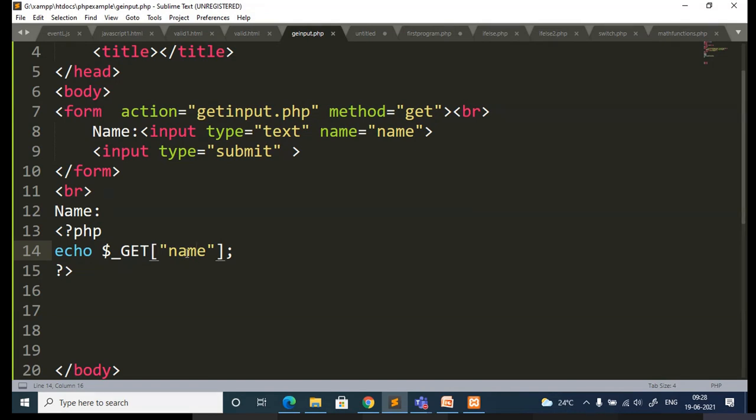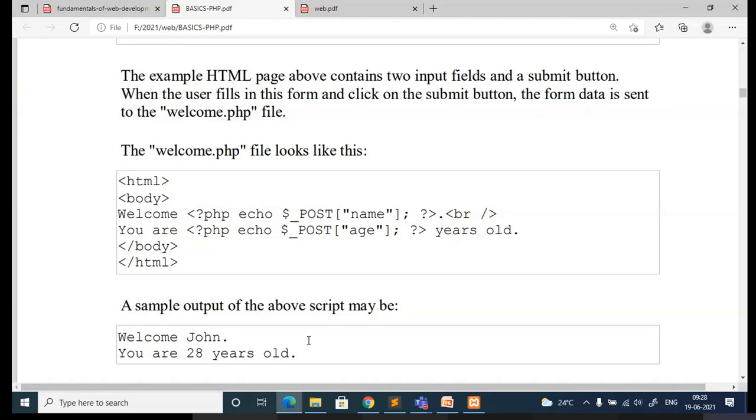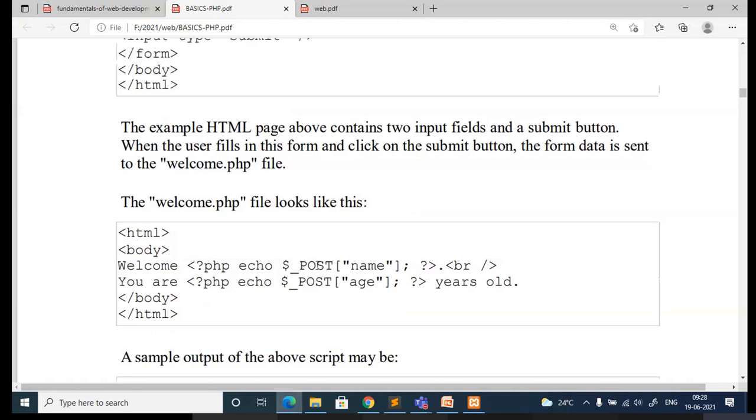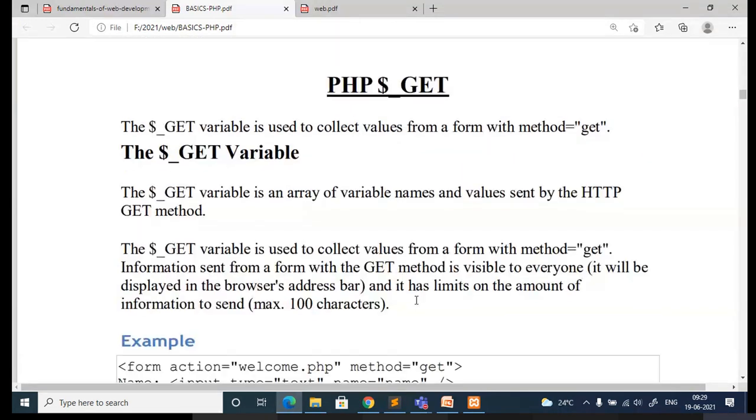Can you identify what is the mistake? Okay, the $_GET variable is used to collect the values from a form with the GET method.